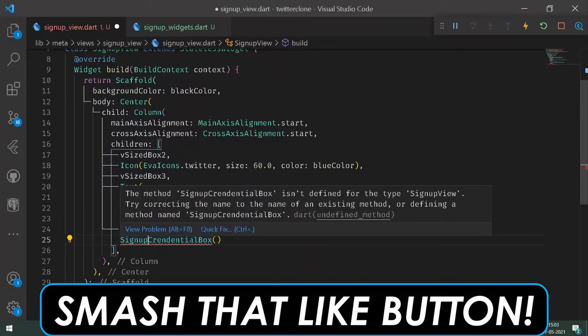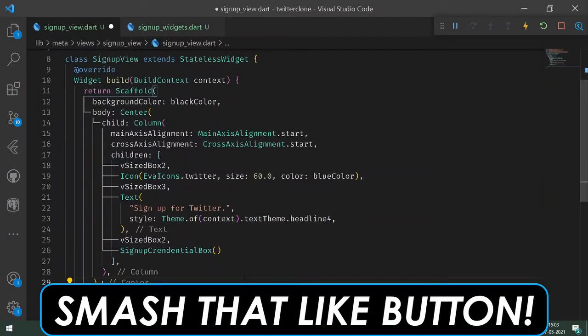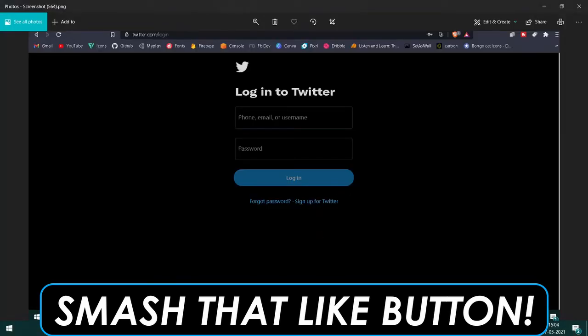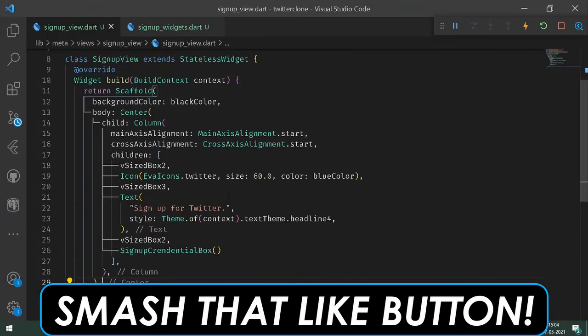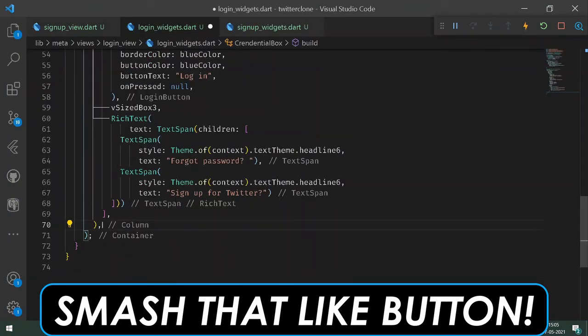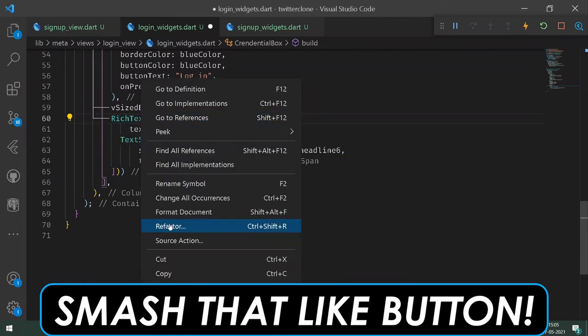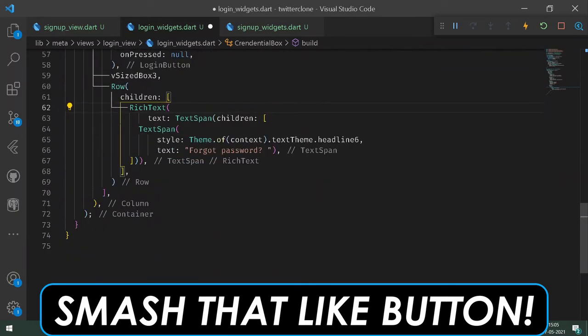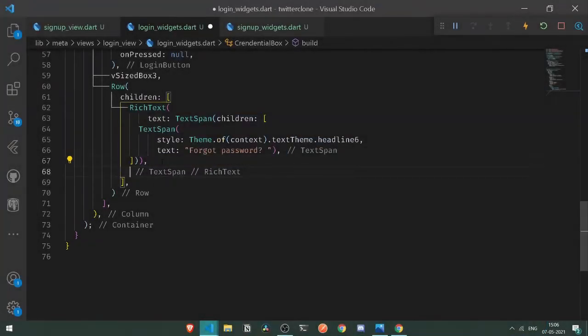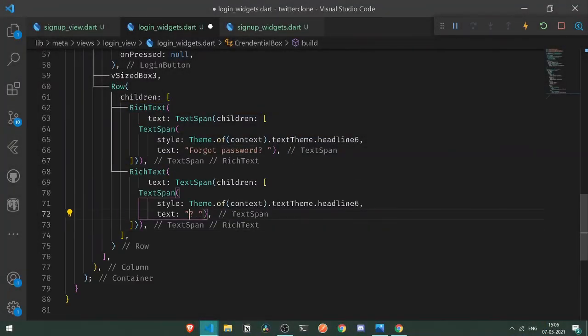Let's import the following piece of line, easy. So once we have done the following thing, what we can really do is for now, after tapping on sign up on Twitter, we should be able to go to the next screen. That thing will be quite overrated, so I will be doing one thing, that is have one more rich text thing. So let's remove this from this side and convert our rich text under a row, just like this. And under our row, let's copy our rich text and paste it here. But here I will be simply saying here is sign up for Twitter, easy.